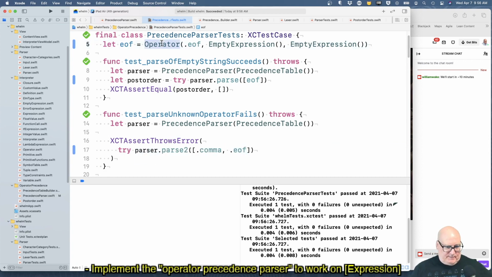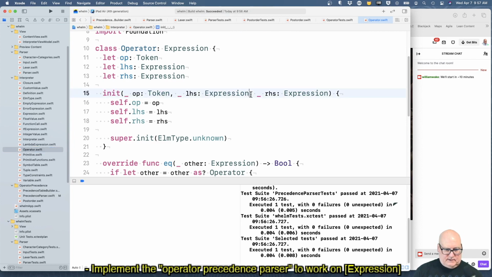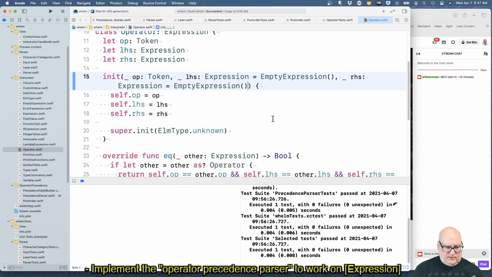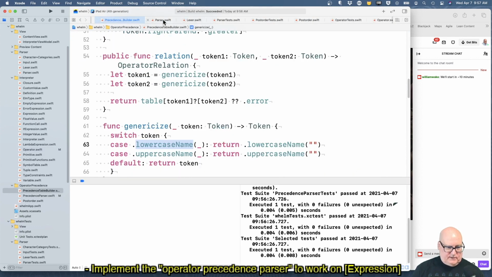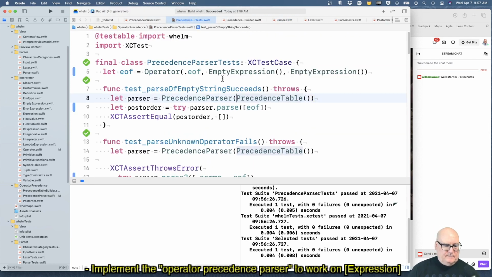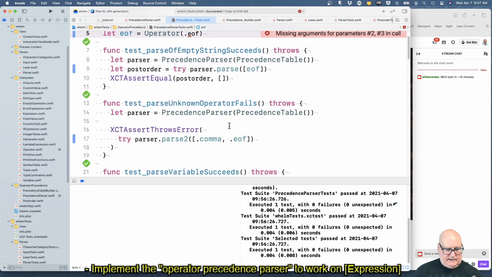Let's make the operator accept empty expression as a default for those two things, and then we can more easily work with things. Okay, so expression equals that, expression equals that. I don't think we'll forget them that much, but I think it makes this stuff go a little better. Okay, I like that.